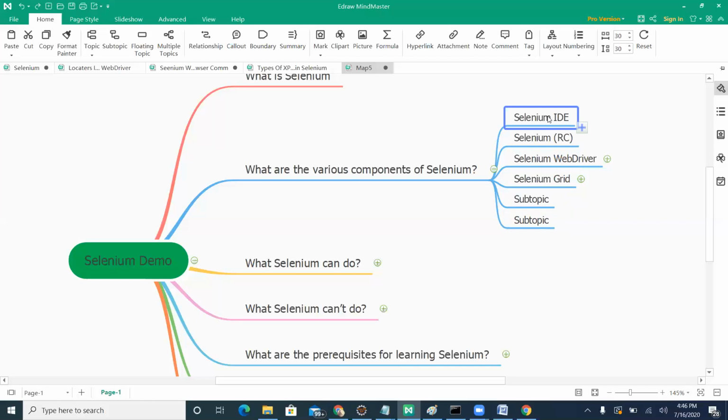The Selenium IDE also comes as a browser plugin, now available for Firefox as well as Chrome. It was deprecated, but nowadays they have started working on it again, with the feature to record your script and export it into whatever language you want, including as a Selenium WebDriver script.